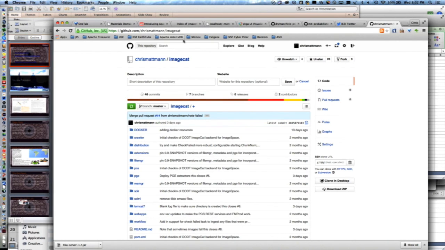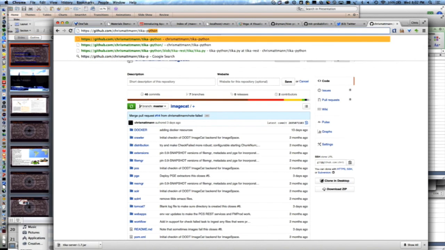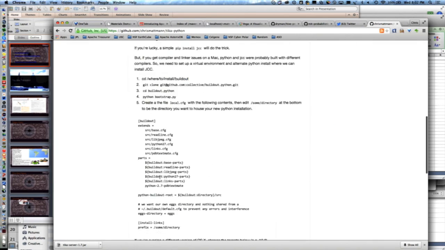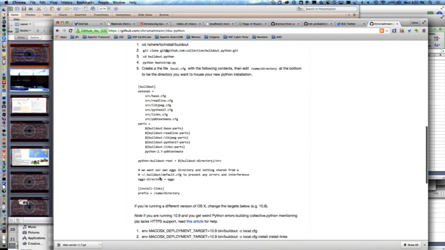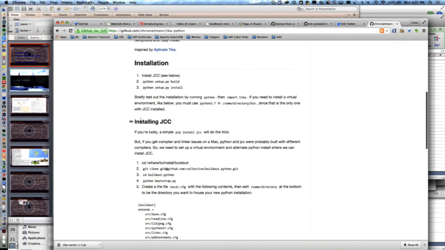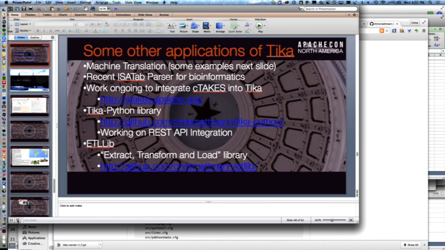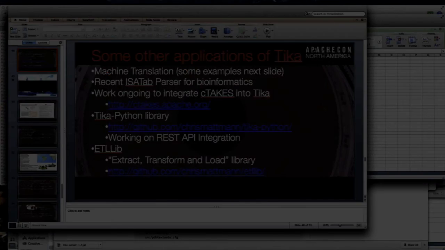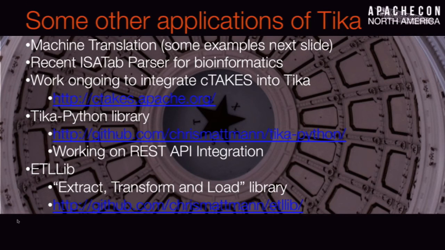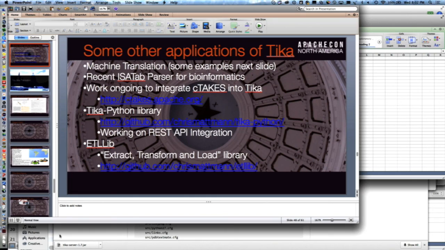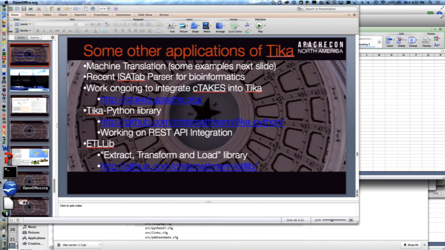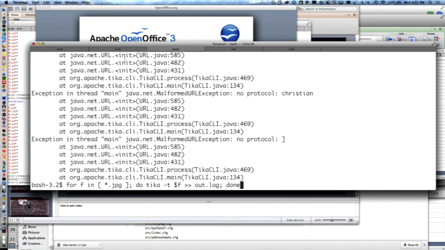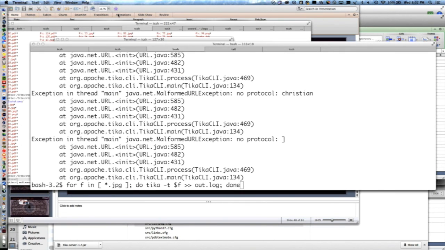If this, then that, and if that doesn't work, no, really, try this. It's a pretty ugly guide. I mean, it's not too ugly, but it's ugly enough, and it's all because of JCC in the default branch. The answer to that is that we have a REST server in Tika, and I actually have a branch in Tika. Oh, why did I go back to this? I wanted to show you a demo. Let me show you a demo of it. We have a branch. Not OpenOffice. Go away, OpenOffice.